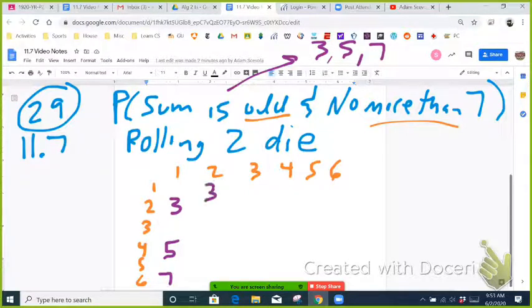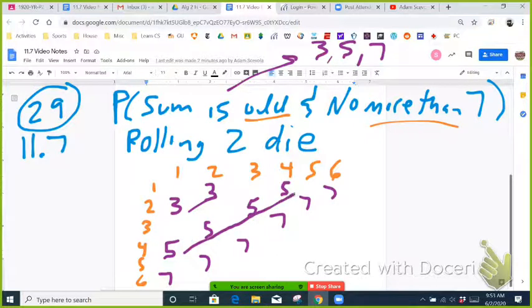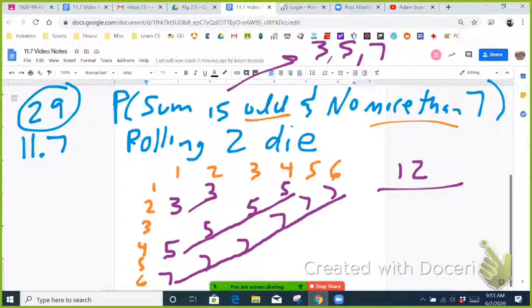So like a 2 and a 1, a 2 and a 3, a 2 and a 5, a 3 and a 2 would be a 5, a 3 and a 4 would be a 7, a 4 and a 3 would be a 7, and a 4 and a 1 would be a 5, 5 and a 2 would be a 7, and a 6 and a 1 would be a 7. So you get 1, 2, 3, 4, 5, 6, 7, 8, 9, 10, 11. 2, 4, 6, 8, 10, 12. I counted wrong. Alright, so there's 12 ways to do it,